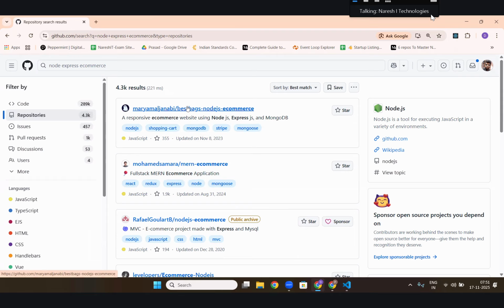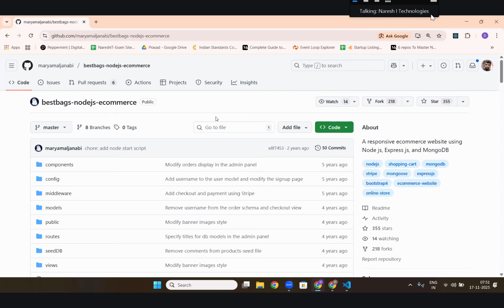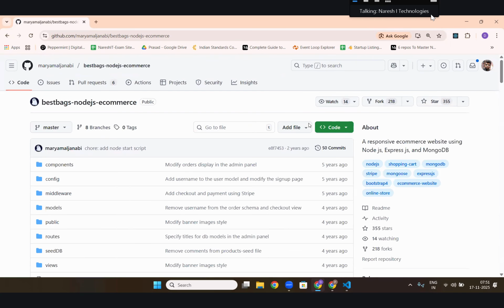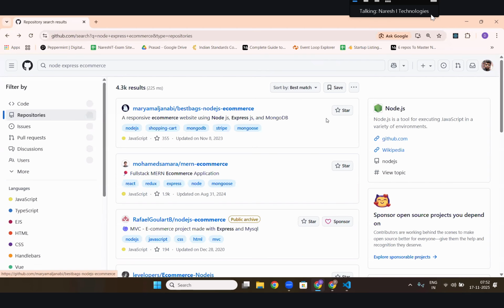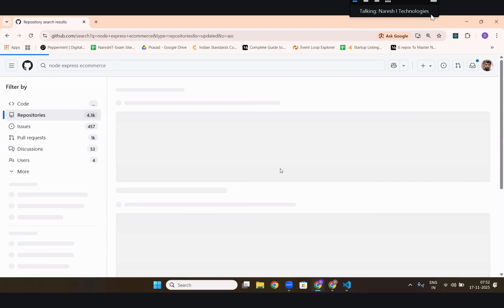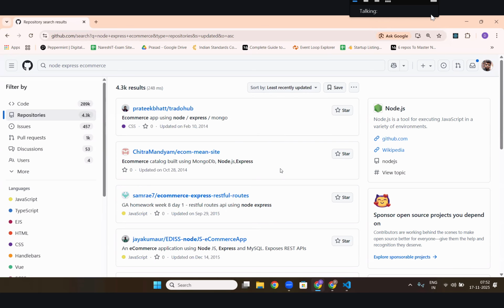So someone did an e-commerce project using Node Express. I will just take this particular one. Oh, it is 5 years back. No, I wanted the latest one, recently updated.